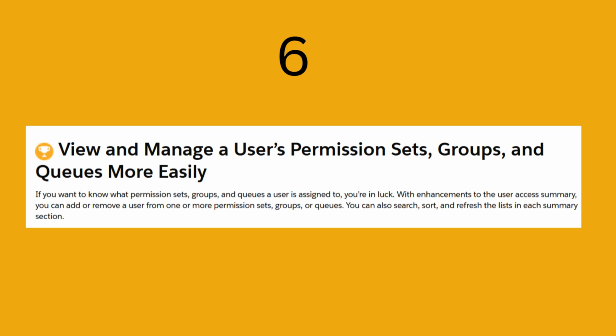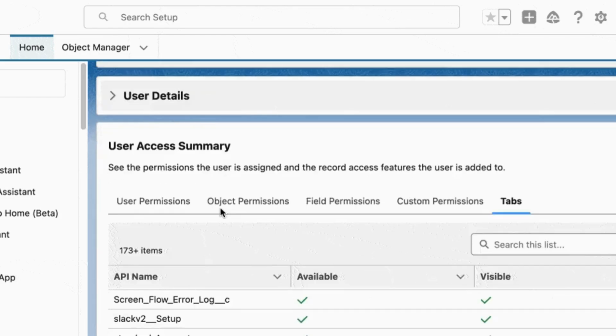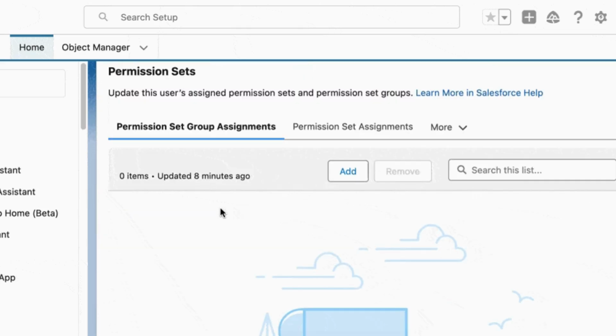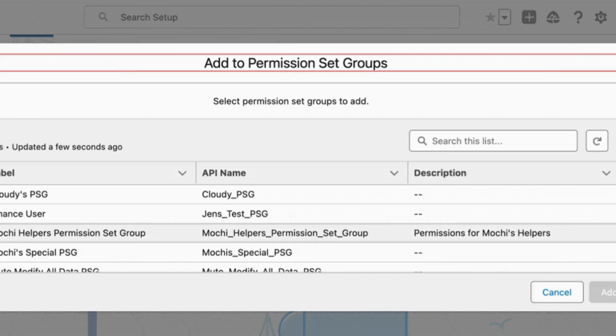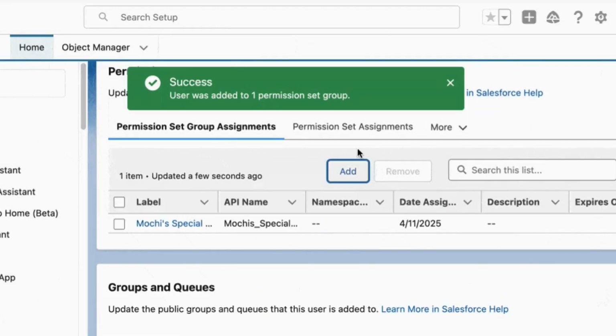Now the next one is view and manage a user's permission set, group and queue more easily. We can see this also in the user section only. We will go to user, select a user over there, and then we can see the permission set option. Now we can add any permission set directly to this user. Add here, save.